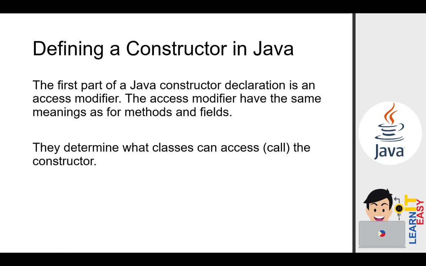The first part of the Java Constructor declaration is an access modifier. The access modifiers have the same meanings as for methods and fields. They determine what classes can access the call to the constructor. Pero madalas nakapublic tayo kapag sa mga constructor kasi need nating ma-access yung constructor kung balak nating mag-create ng isang